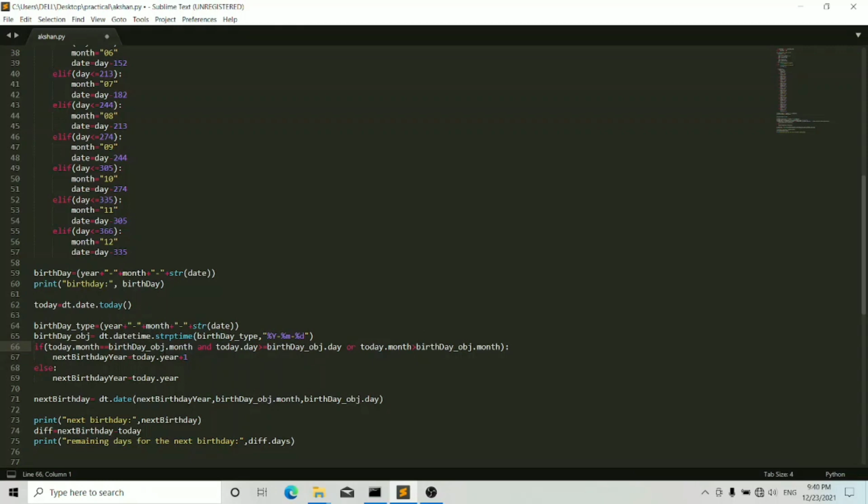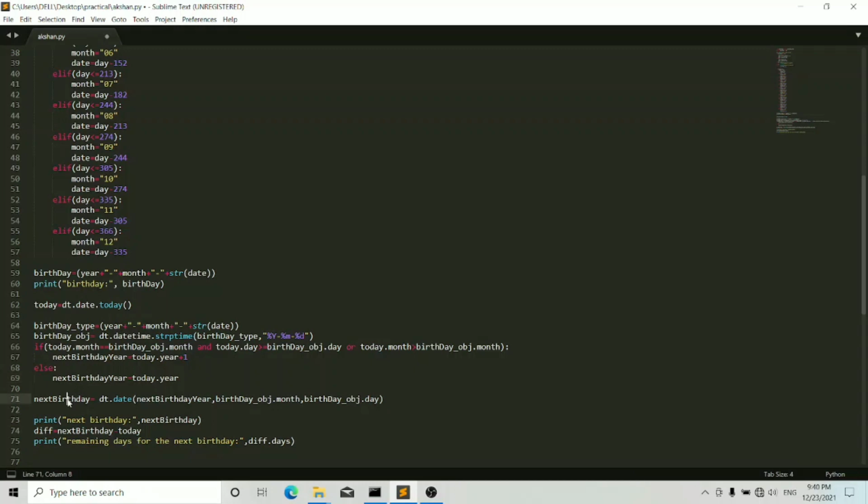So next birthday year is today year 2021 plus 1, 2022, else print this year. My birthday will come next year, or in this coding, this year.